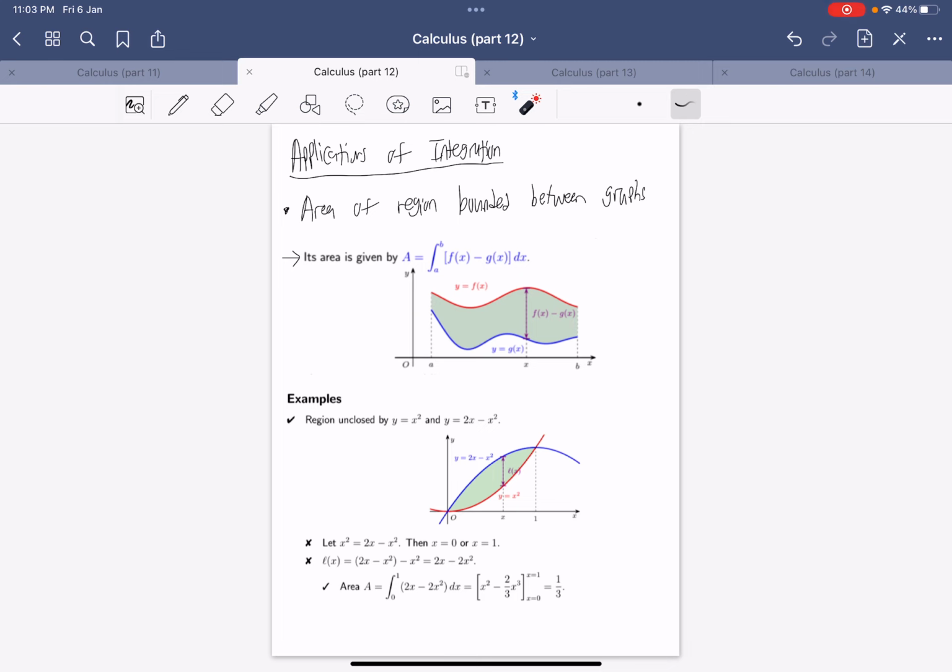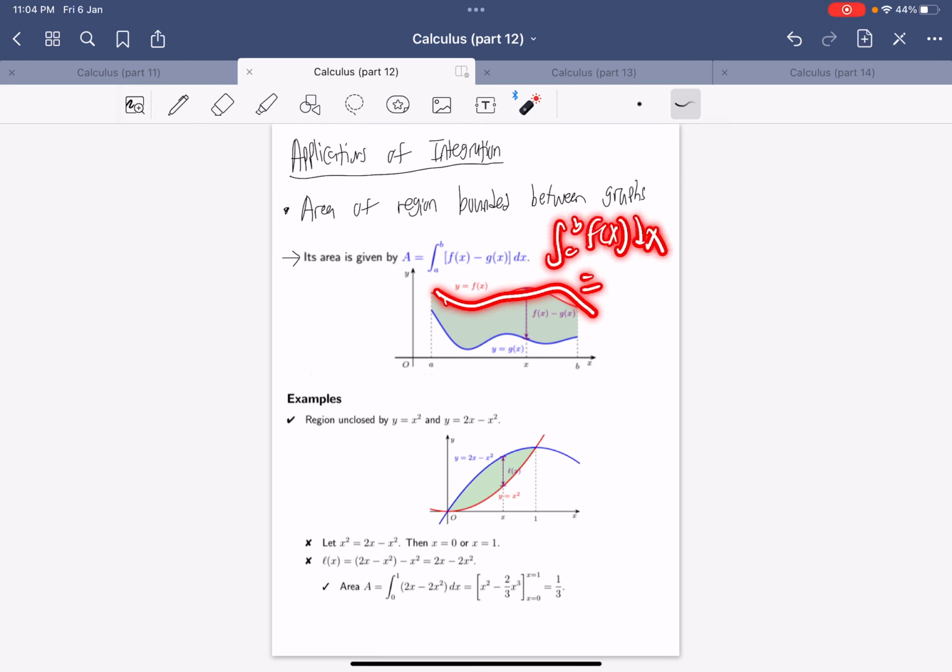The most common application of integration is of course finding the area of a region bounded between two graphs. We already know that integrating a function will give you the area between the graph and the axis. So if you want to find the area of a region bounded between the graphs, it's just taking the area of one